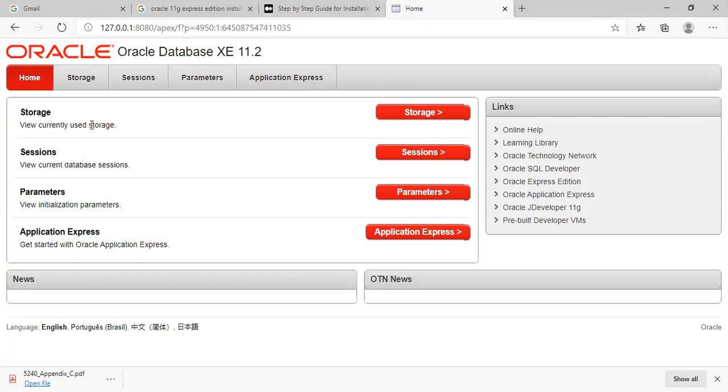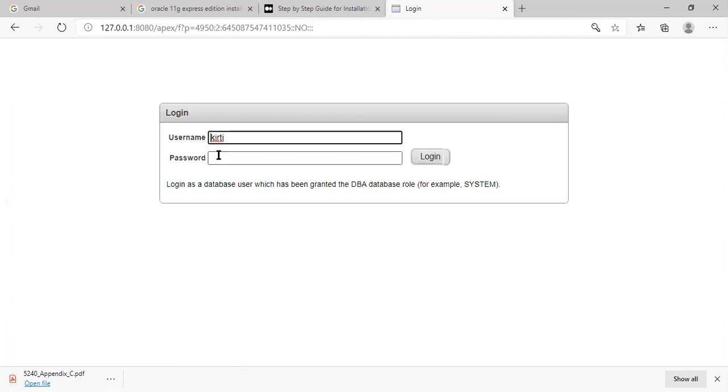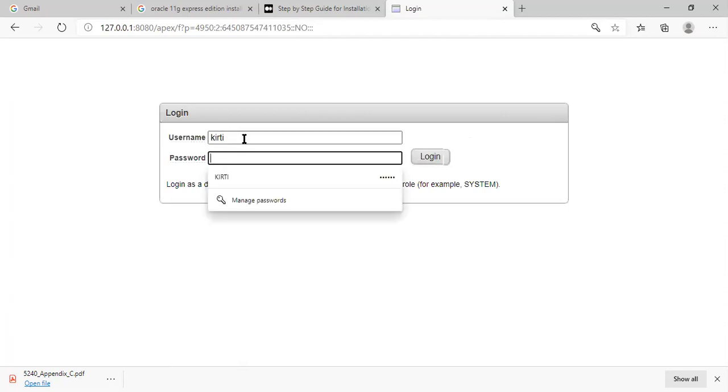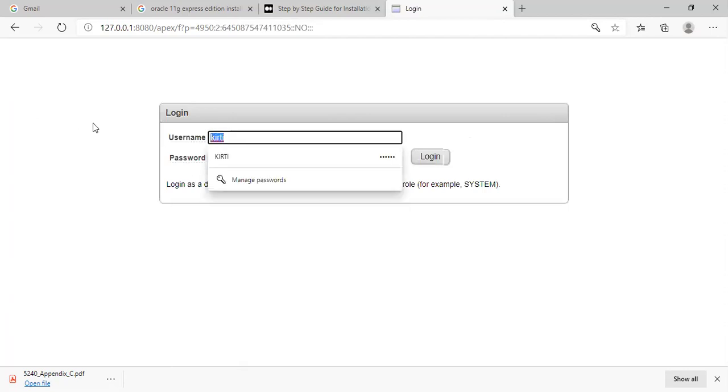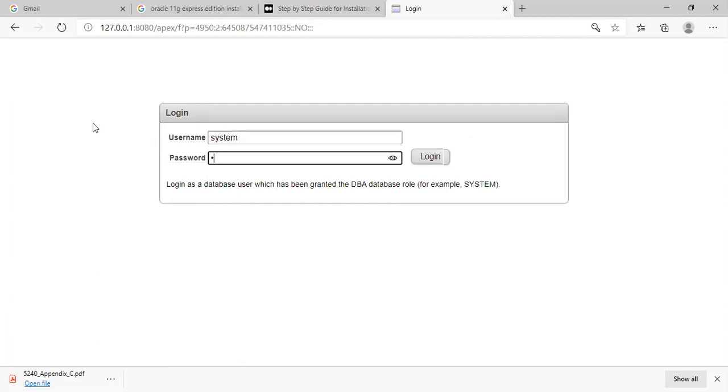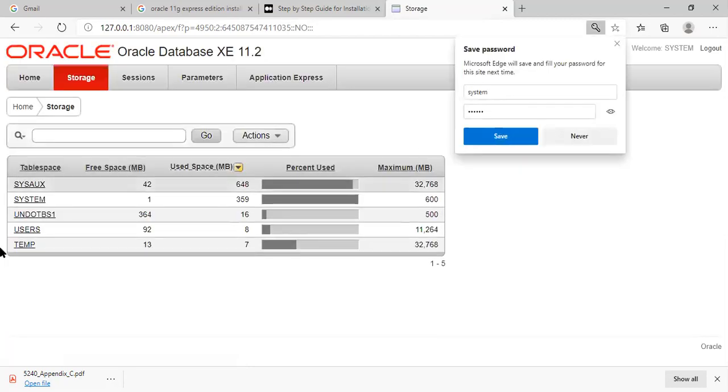I want to show you. It is showing system and system. This is the default.